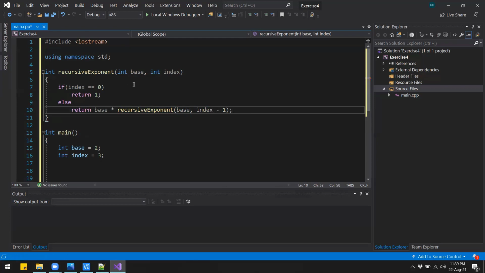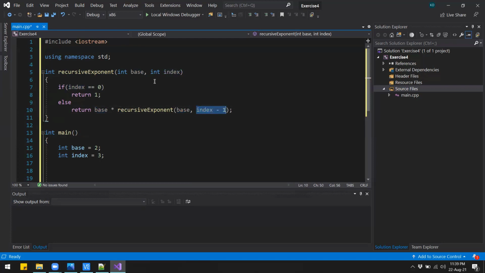So let's say, for example, if this function gets 2 and 3, so base is 2 and index is 3, so index is not 0, then we will go to this else part and say return base, which is 2, times recursive exponent of base, which is 2, power index minus 1, so the index minus 1 becomes 2.